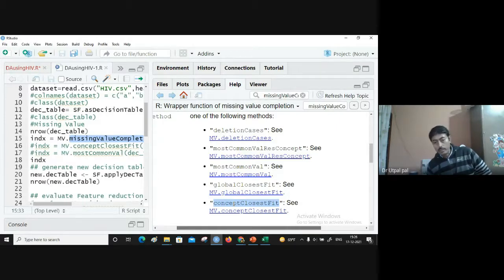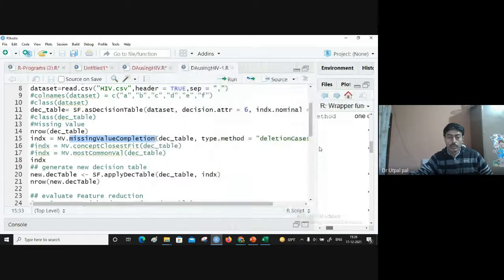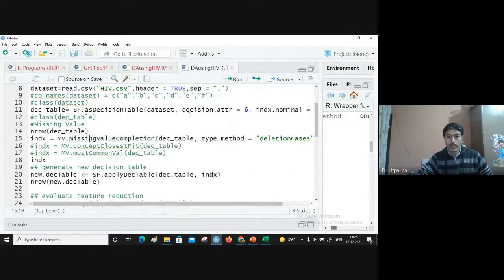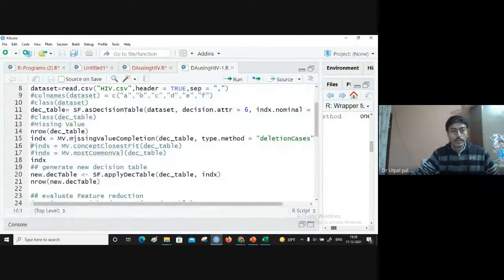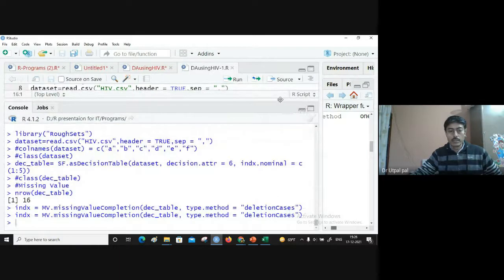You can make a comparative study by changing the different methods. Let me run it. Missing value completion. Okay, I've already done this.